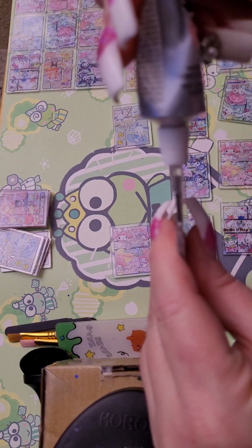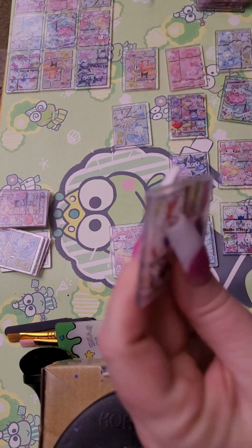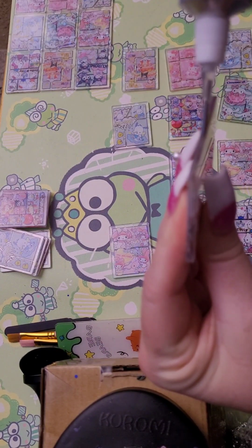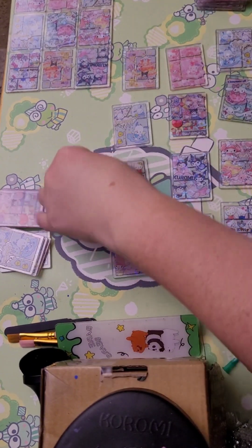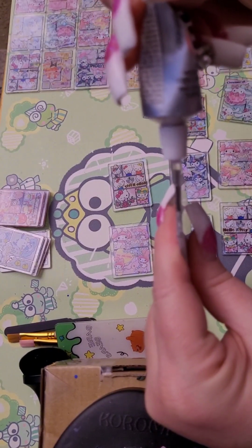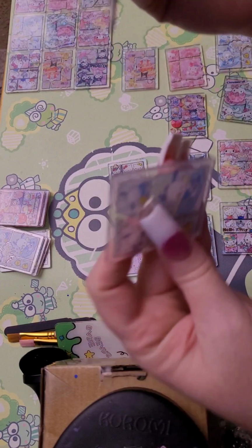I have so many acrylics now. They're so addicting once you start building boxes. I love making them. And I know these also might work with, I've